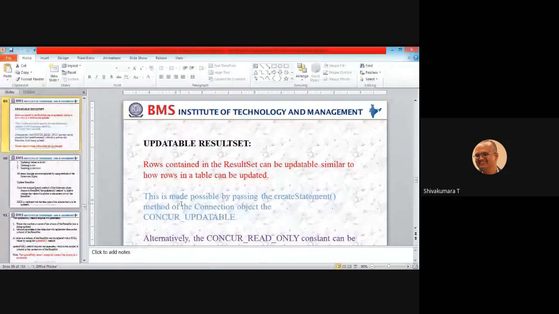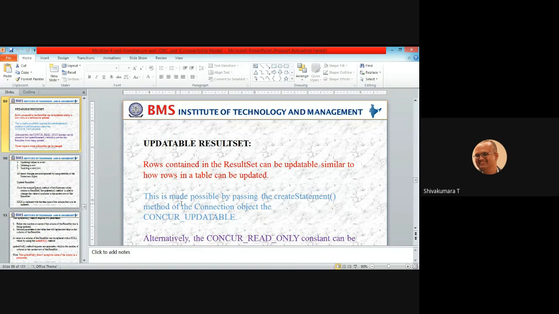During the logout time, the commit will happen. Again, totally it depends on the application deployment. So with respect to the application, this updatable result set is independent of the database.